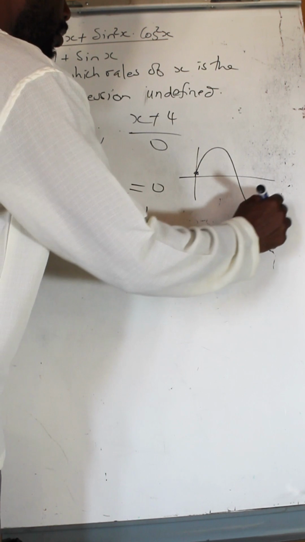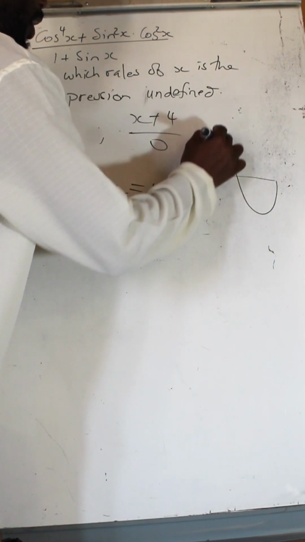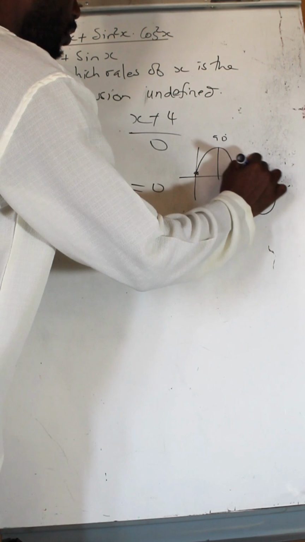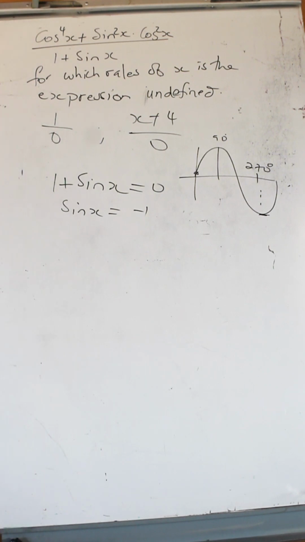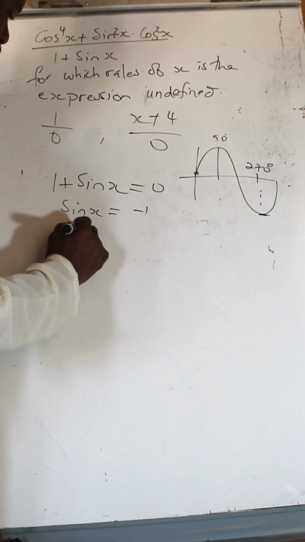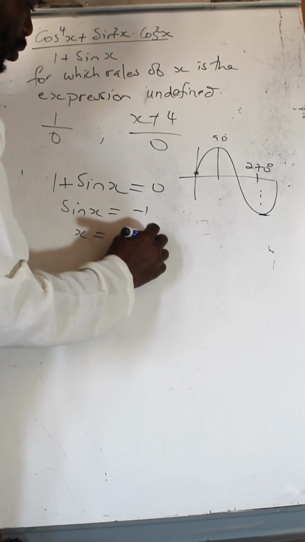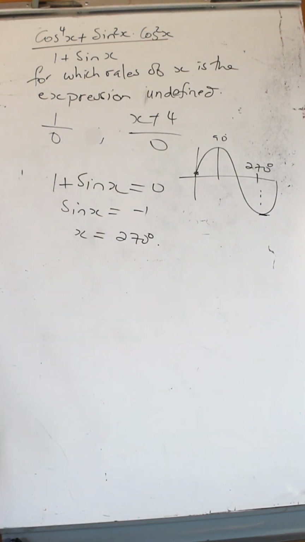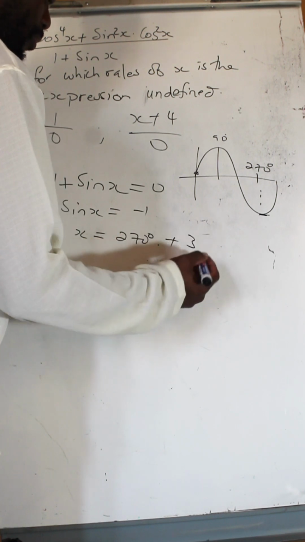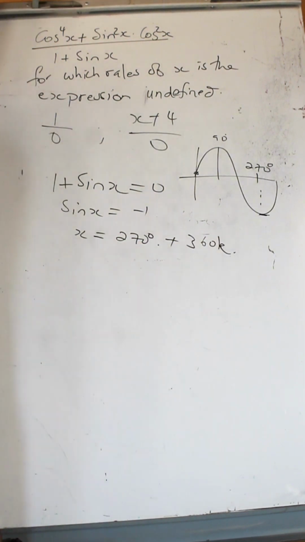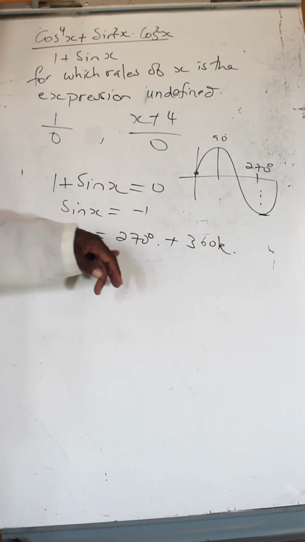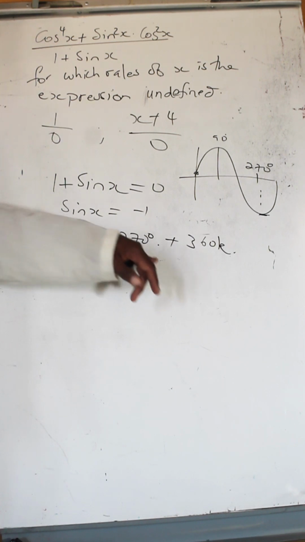Now this, if this is 90, this would be 270. So 270 is where sine x is equal to minus 1, right, at this point here. So that means our x should be 270 degrees, and everything that follows after that, 360. Doesn't matter anyway, but our x should be